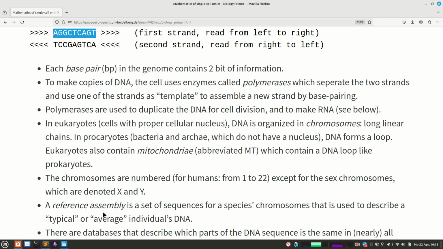The neat thing about DNA is, because it's a double-stranded thing, that nature can copy it. It can just open the strand so that it has the strand individually. And then an enzyme called a polymerase just builds the second strand using the first as a template. And this way, your cell can duplicate its DNA. And so when the cell divides to make 2 daughter cells, each daughter cell can inherit the whole